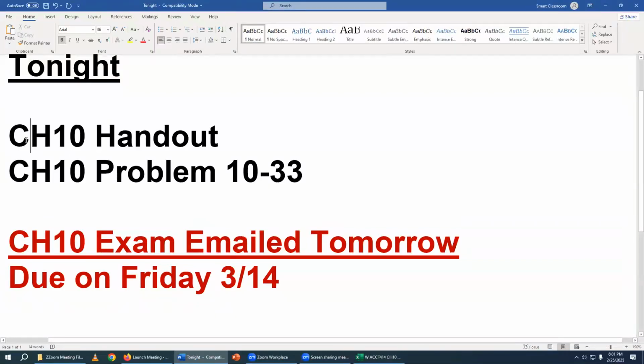We're going to go through the chapter 10 handout and the chapter 10-33 problem. And then I'm going to email it out tomorrow. This is going to be the last thing we do. We're off next week, so this will be our last week. Not next week, the week after, the week of